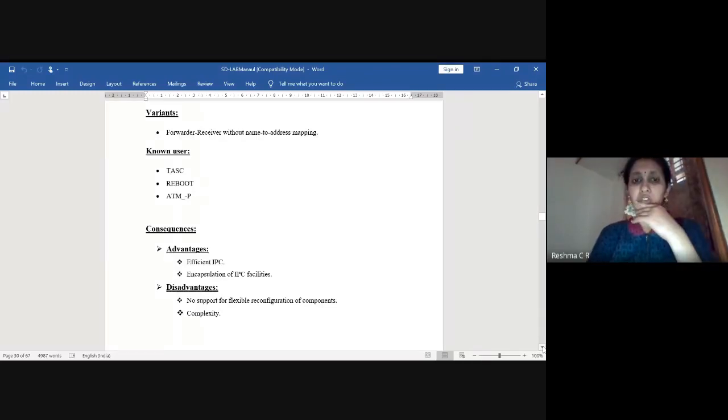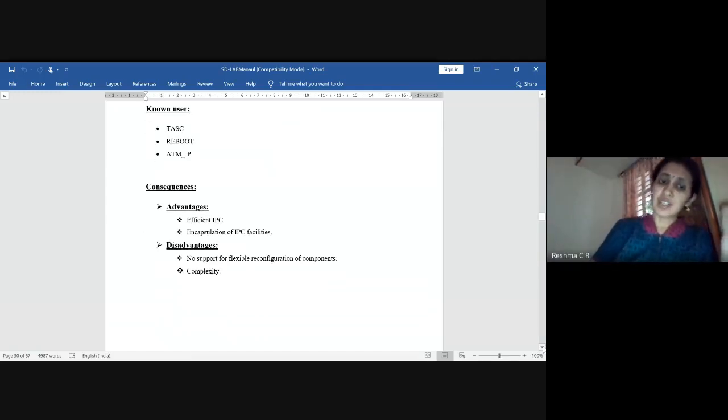The forwarder-receiver is being used in TASC, and in ATMP the forwarder-receiver pattern is used to manage the peer-to-peer communication.